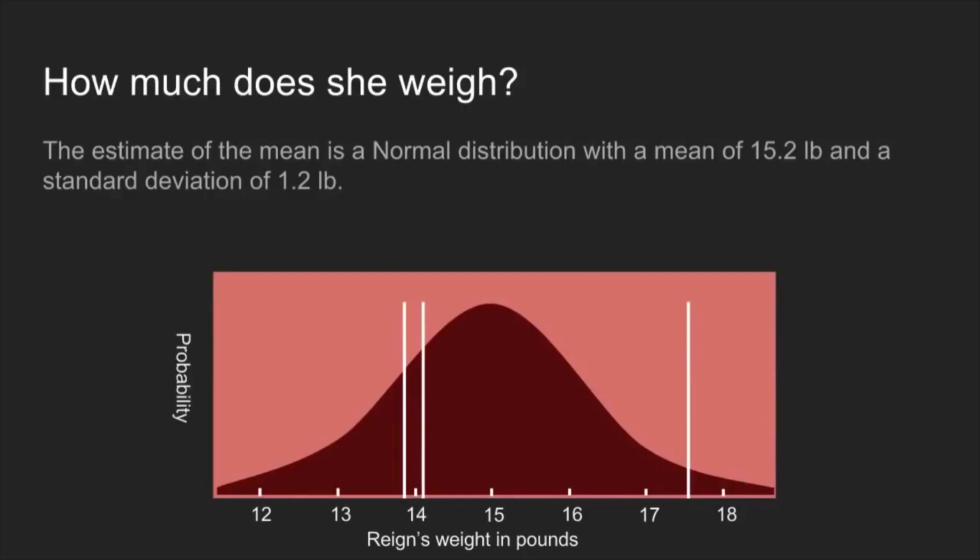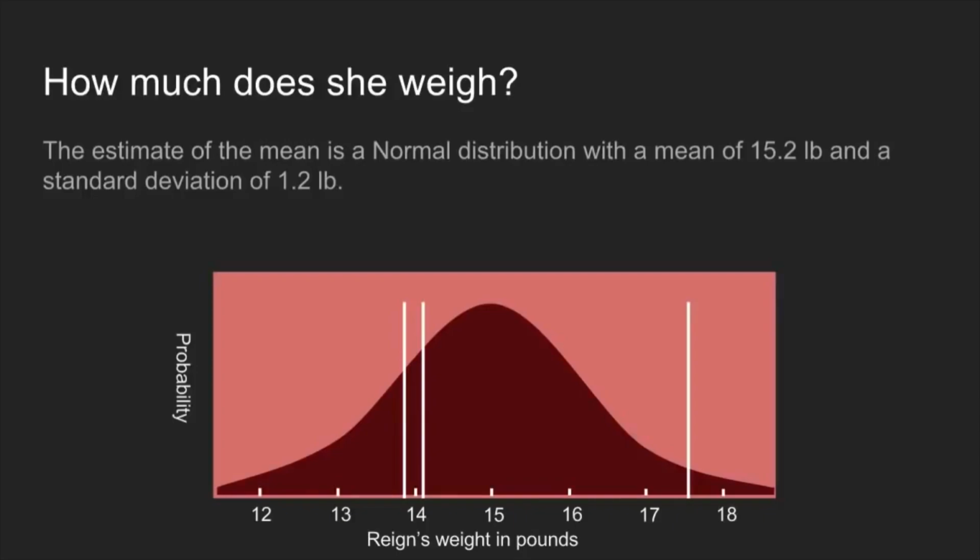The peak of that hill is at 15.2 pounds, and 1 standard deviation on that curve is our standard error of 1.2 pounds. So you can see looking at this that yes, it's most likely that she's 15.2 pounds, but